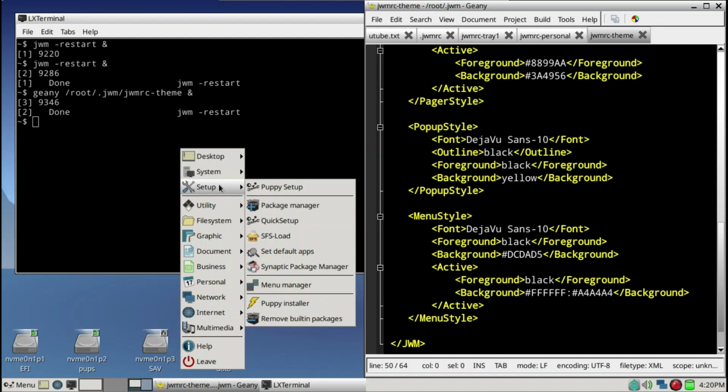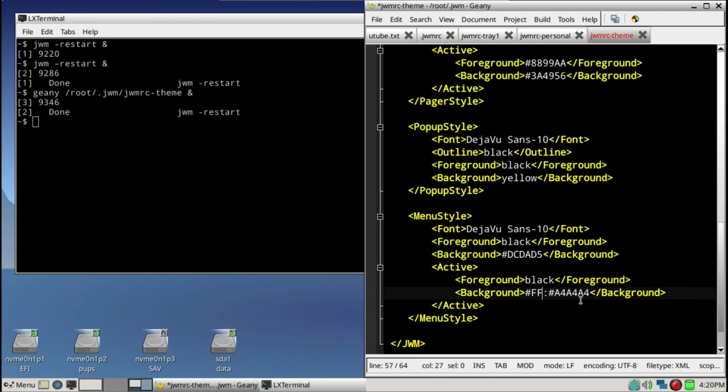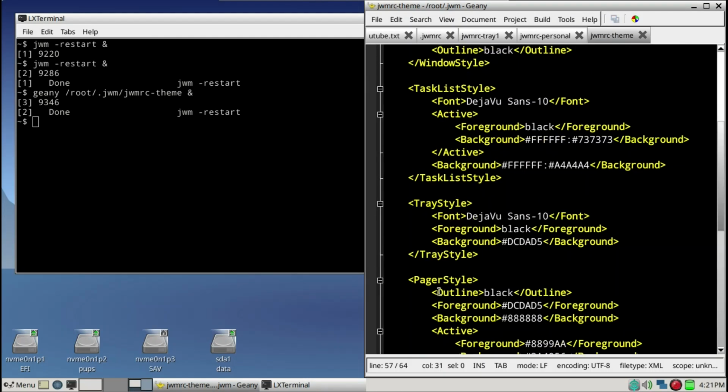We want to make the active background red. Let's say active background red. So one color that I know is FF0000, and then let's at the same time make the tray bar